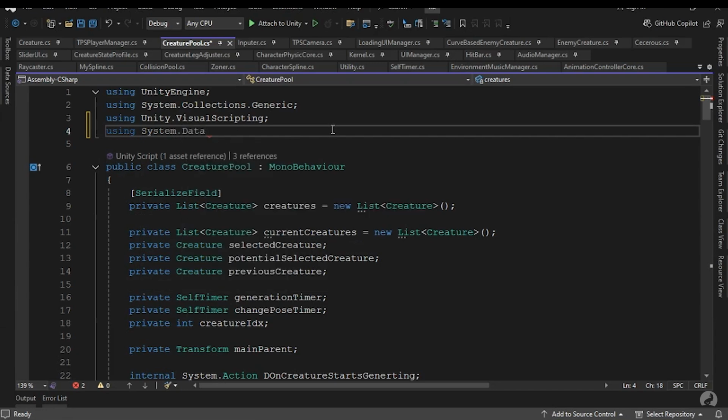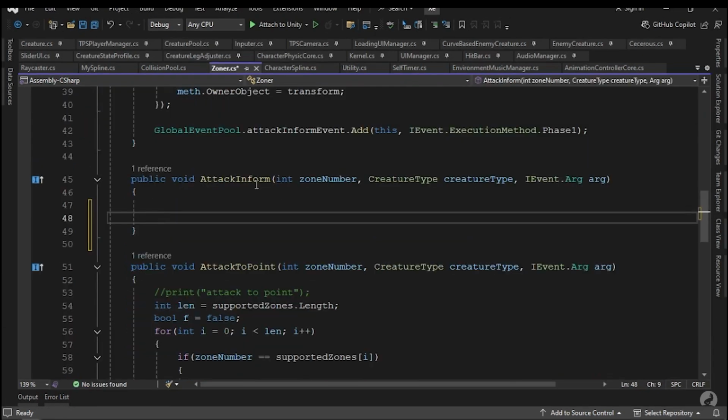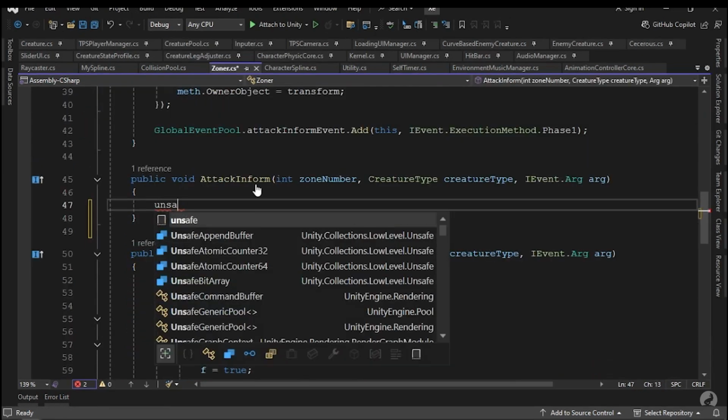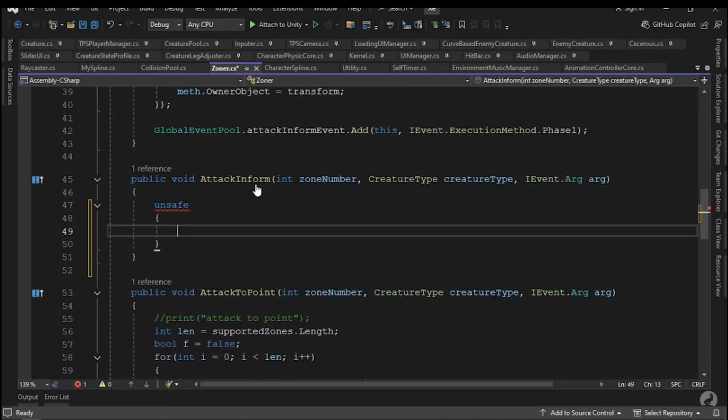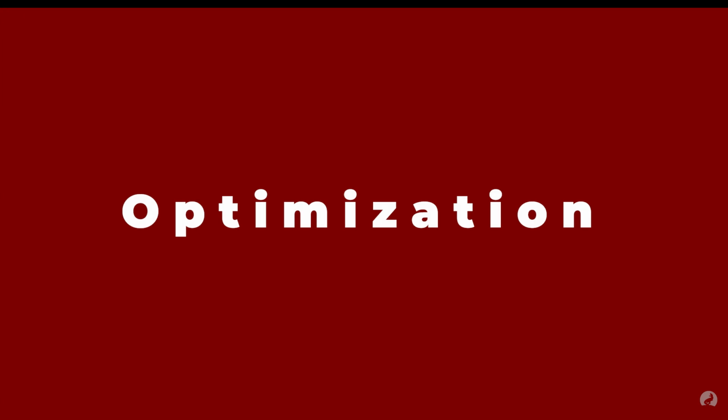And in case of freedom, in C++ you can manage the memory directly, and this is the freedom which you can't do in C#, but in some cases you can use unsafe mode, but it's not as capable as C++. Let's talk about the optimization.